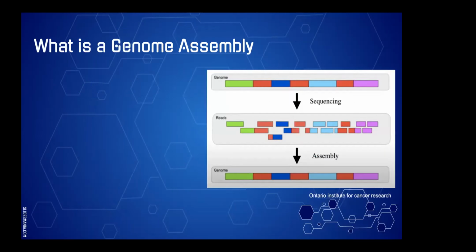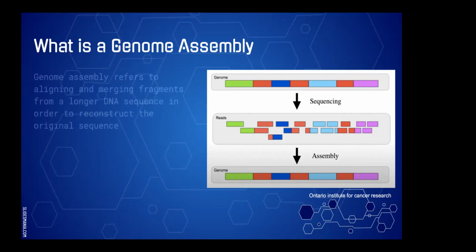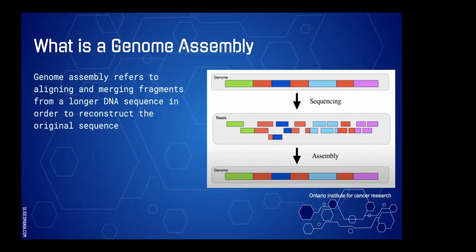In order to better study P. monacha, we assembled multiple de novo genome assemblies. As a reminder, genome assembly refers to aligning and merging fragments from a longer DNA sequence in order to reconstruct the original sequence. So here, this image on the right represents your typical genome assembly where this original genome is unknown, and then you're going to sequence followed by the assembly of your reads to get your best estimate of